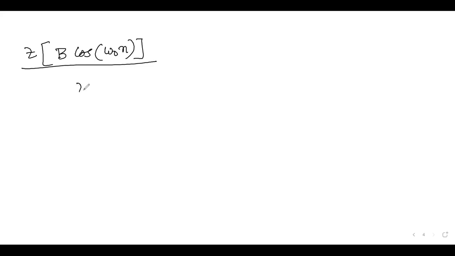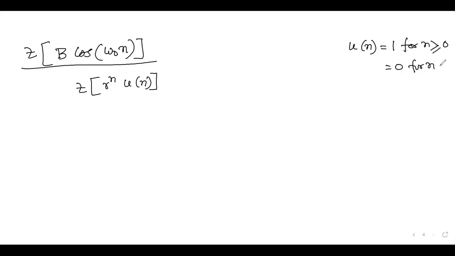Okay, now tell me what will be the z transform of r to the power n un. Tell me, what will it be? un means we are analyzing a causal signal. What is a causal signal? A signal which is positive for n greater than or equal to 0 and 0 for n less than 0. This is called a causal signal. That means in the summation formula,